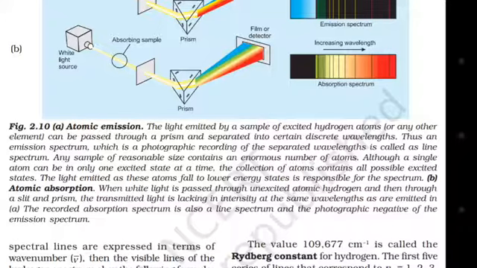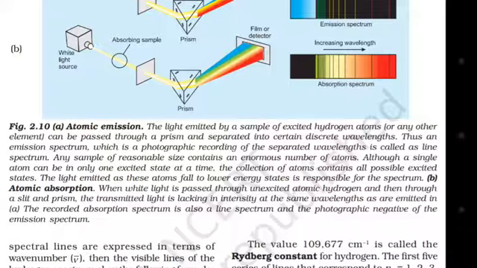Atomic absorption. When white light is passed through unexcited atomic hydrogen and then through a slit and prism, the transmitted light is